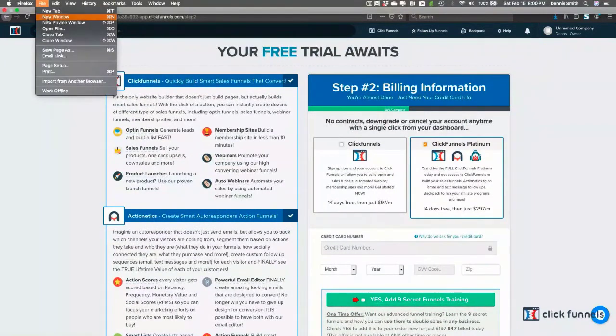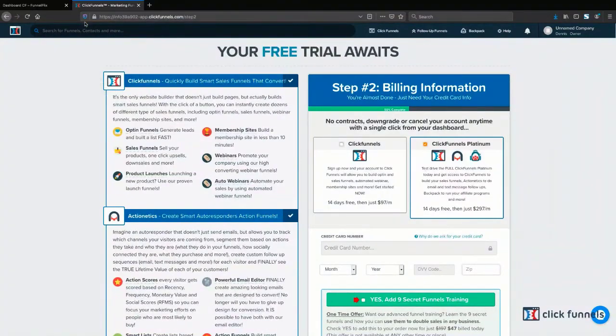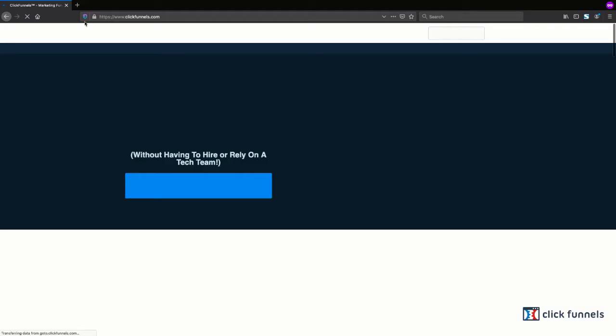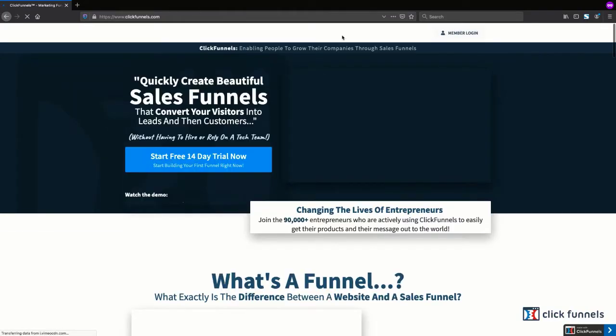But in your browser, you can go here. This is Firefox. It's different for Chrome. Opera is another one that I use, and many people use Safari for Apple. You can go into a private window, and this takes away those cookies. So if I go to ClickFunnels.com, now I have this screen back right here, and I can go here and